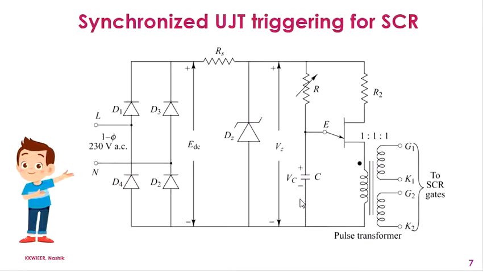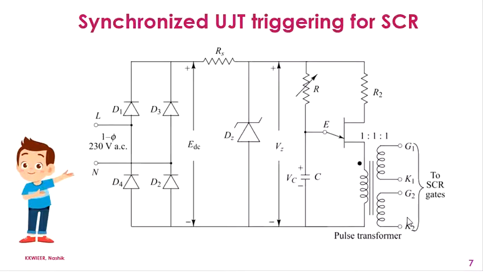Now this VZ Zener voltage is applied to RC circuit. The capacitor C charges through the R until it reaches the UJT trigger voltage Vp. This resistor R has a variable value. So this arrow indicates that the value of R varies. The UJT is connected over here. This UJT then turns on and this capacitor C discharges through the UJT emitter and through the primary of pulse transformer. We have already studied the operation of pulse transformer.